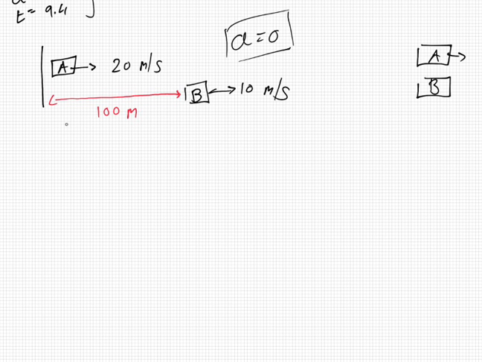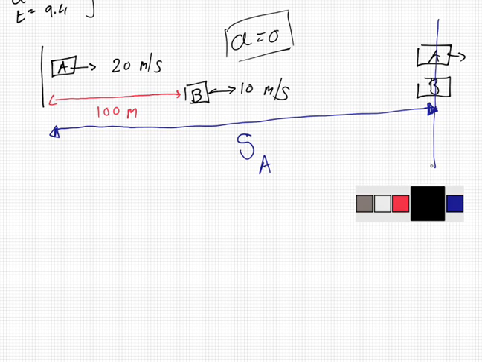The first way to think about it is, let me call this here the total distance. I don't know what it is, but I call it S. Now, this distance here, is that the distance that A has travelled or B has travelled? Not B, just A, because B does not start at the beginning here. Okay? So, at the end, the distance A travelled, so that's this blue line here,